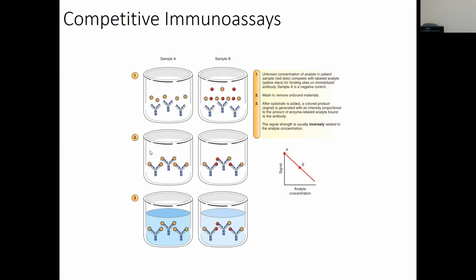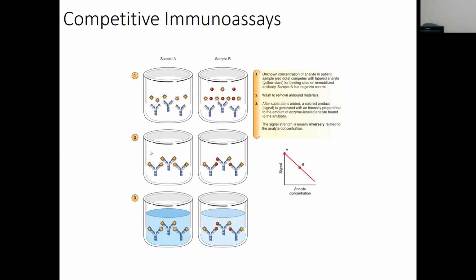Because the only thing that's still here that's detected is what we added, right? The labeled antigen, not the patient antigen, the labeled antigen, is the little suns. And they bind to the IgGs right here, and light them up, and we detect that. So it's kind of what we're doing today. We're going to get color change. It's going to be, hey, if it's this color, it's negative. If it's this color, it's positive. Y'all love color change, right?